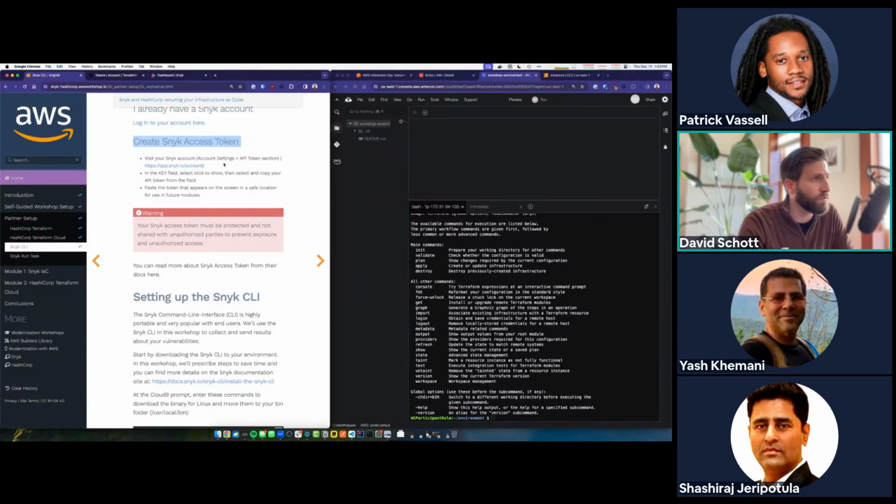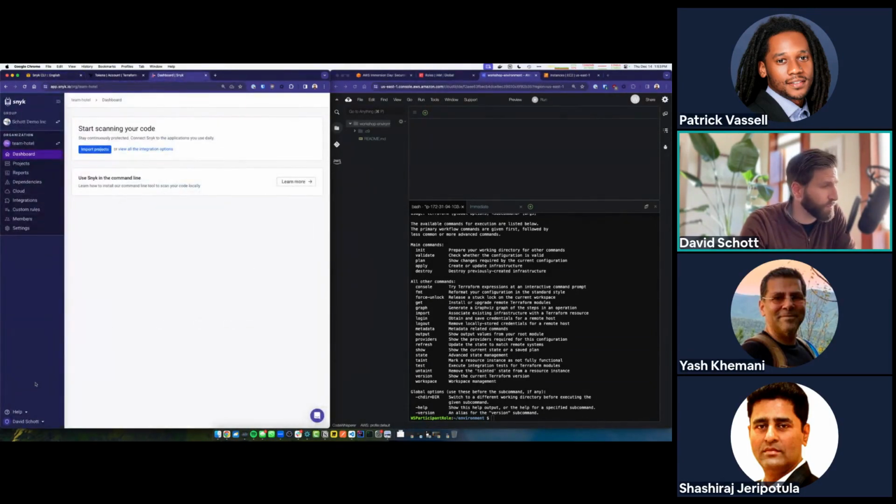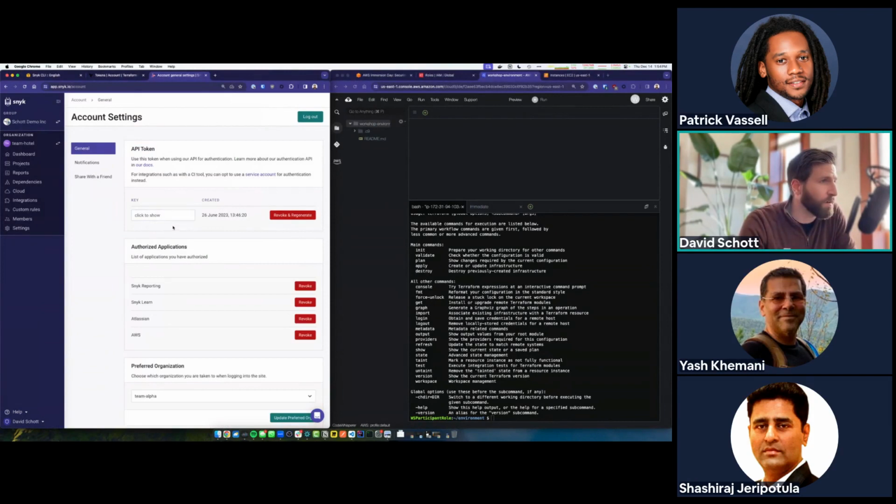But going back to the instructions, what we are going to do is get an access token from Snyk. Now, to do this, it's almost identical to what we just did in Hashi. We go to our user page down here. In Snyk, it's here on the bottom left, and then go to your account settings. And right there on the top of your account settings page is API token. I'm not going to show you mine because I already have it in my notepad here, and I actually use this in a few places and don't really want to rotate it today. So just go ahead and click, grab your token, and store that off to the side somewhere.